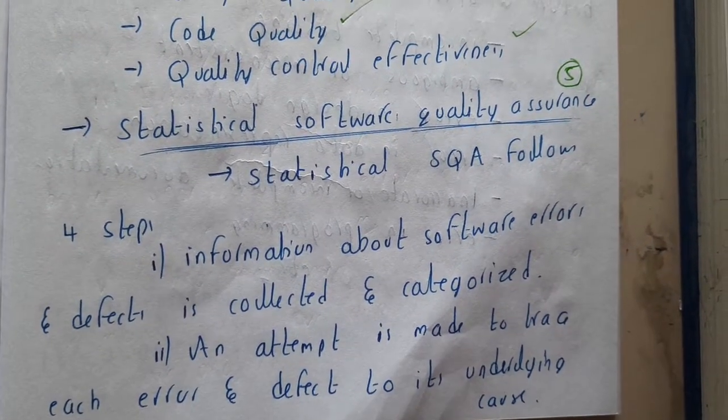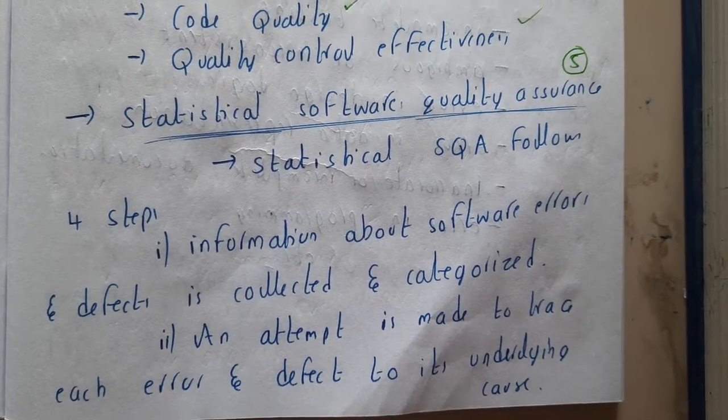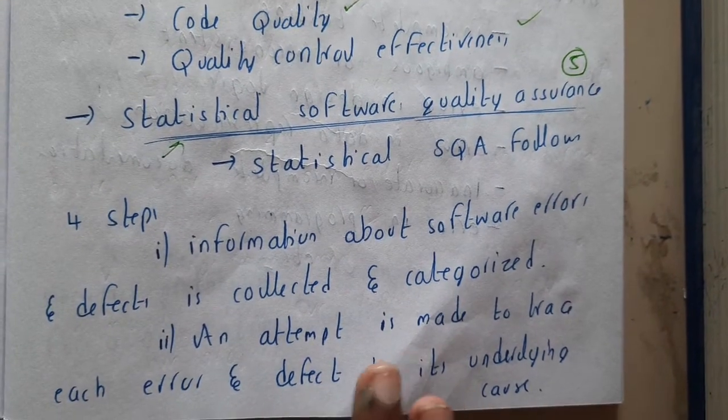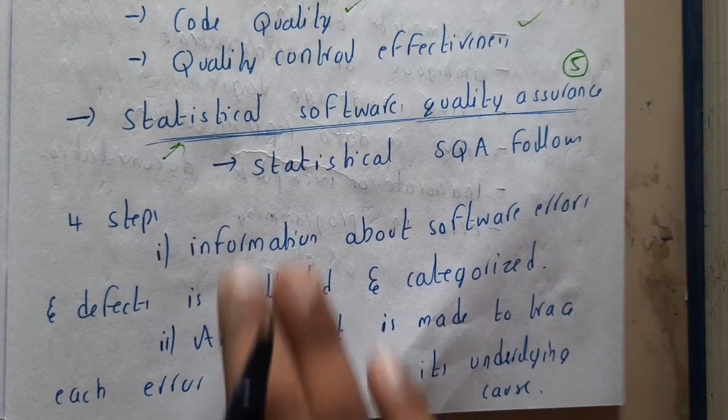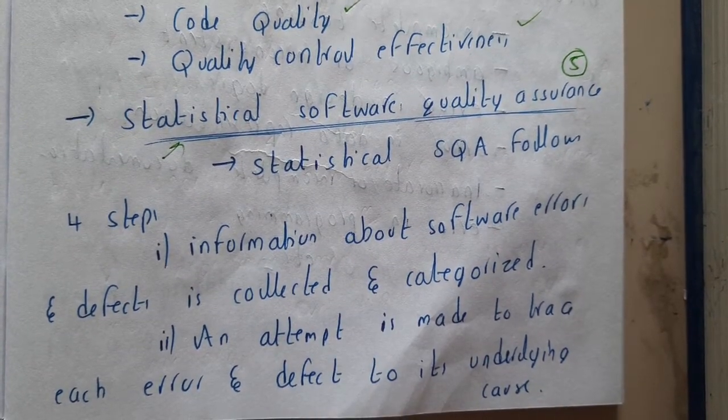In this lecture, let us go through statistical software quality assurance. There is a particular method here. I searched for problems and found one in the textbook, but it is not so clear. That's the reason why I didn't do any practice problems for this, so we'll just be going through the theoretical concept.